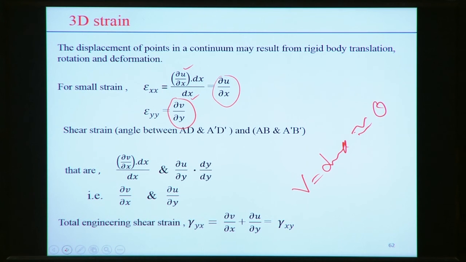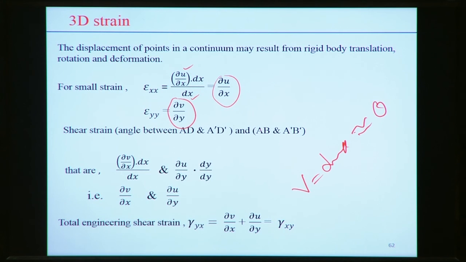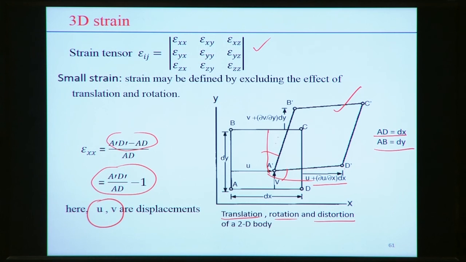So the angle between AD and A dot D dot, and AB and A dot B dot, that angle